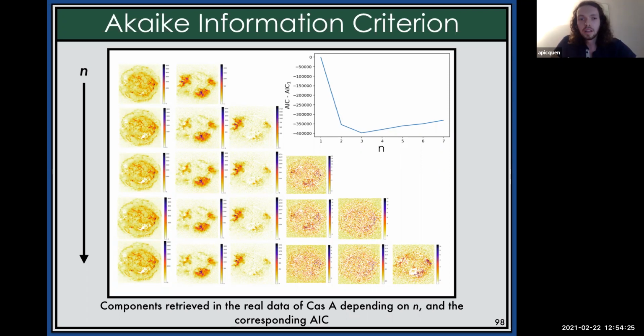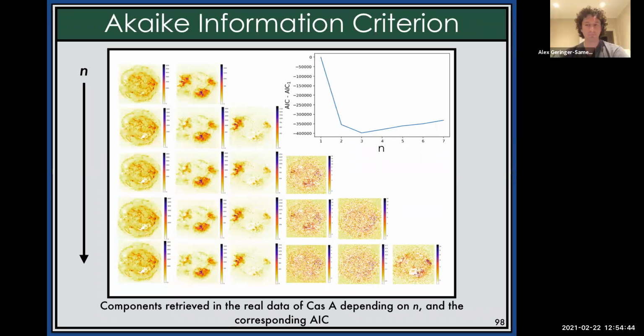No. If you have only strong, meaningful components, then the noise will be negligible in comparison, so it will be the last ones. But if you have a very faint component, then sometimes it will appear after having some noisy image. So that's one of the reasons why it's worth trying a lot of different numbers of components. Okay.